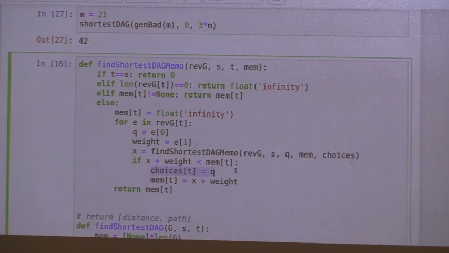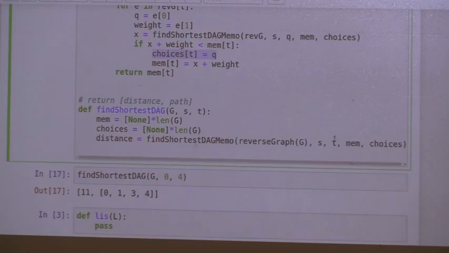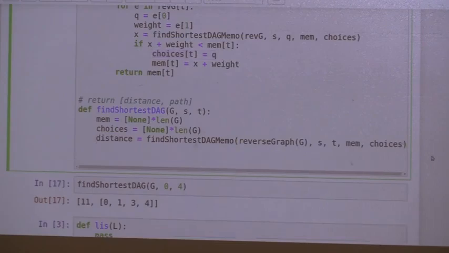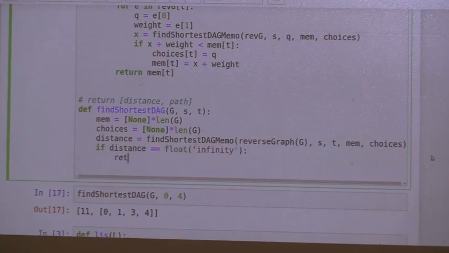Okay, so now let's actually reconstruct the path. So first of all, if the distance is infinity, it's impossible to do it. I'll just say that there is no path. So return the distance and the empty path. It's impossible. Otherwise,